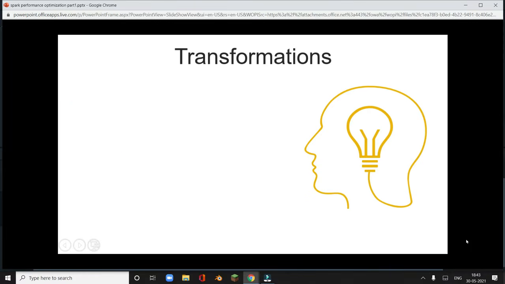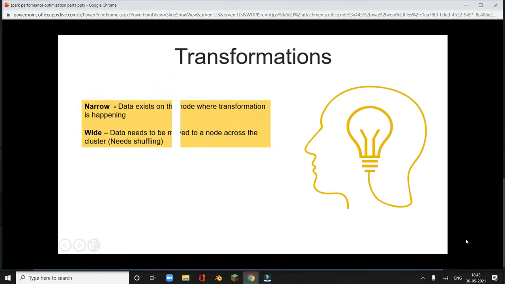Another thing is when we do transformations, we can have two types of transformation. One is a narrow transformation. Narrow transformations are better because here the data exists on the node itself where the transformation is happening. So this is not a big threat, but there are situations when we have wide transformations.